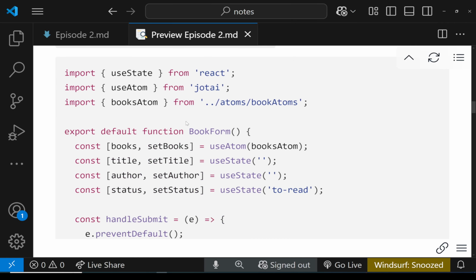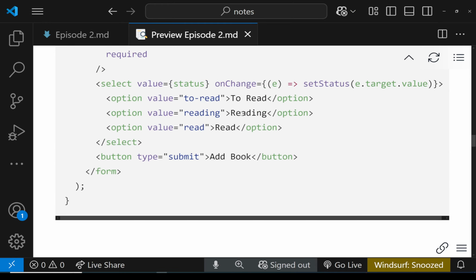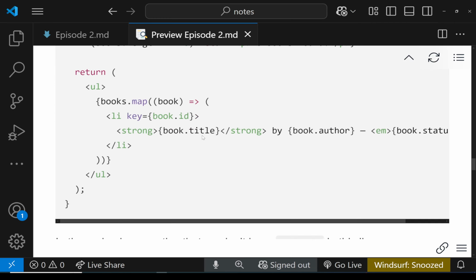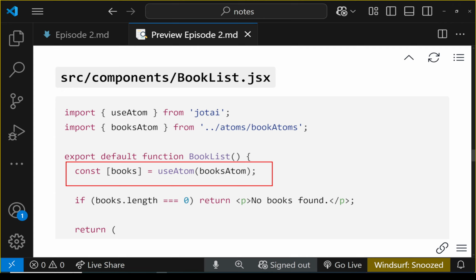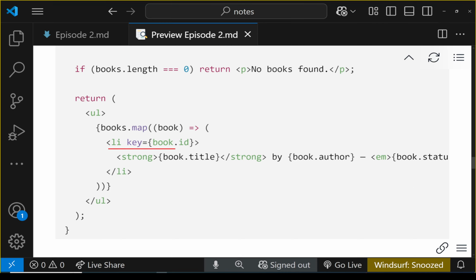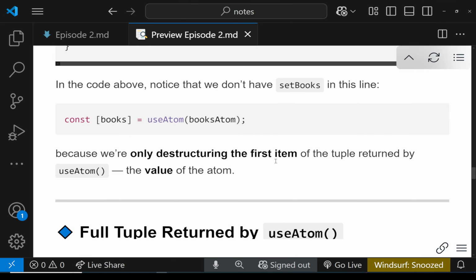Now let's continue with the notes. I'm not going to talk about this, we already talked about it. Now let's continue talking about the book list. We want to update the book list. Inside of the book list, as you can see, we are using the books atom, and then we are going to render this piece of code. So we're going to show the title, the author, and then the status, and then we are going to update